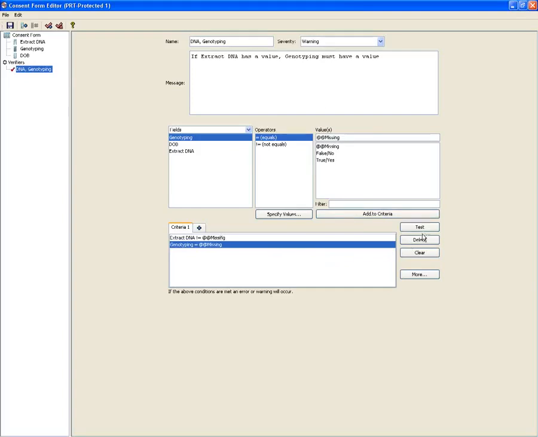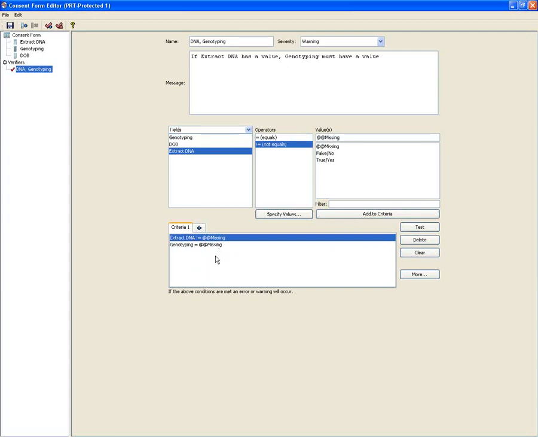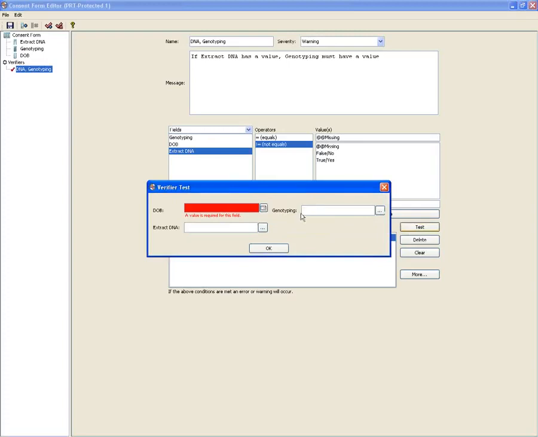I can also test my verifiers here if I go to the test button. So this should look very familiar to current users. It's basically like creating a search. You create the line of your verifier and say add to criteria, and it would add it down here. So I can create as many lines as I need to define this verifier or edit check. And if I go to test, I can test my